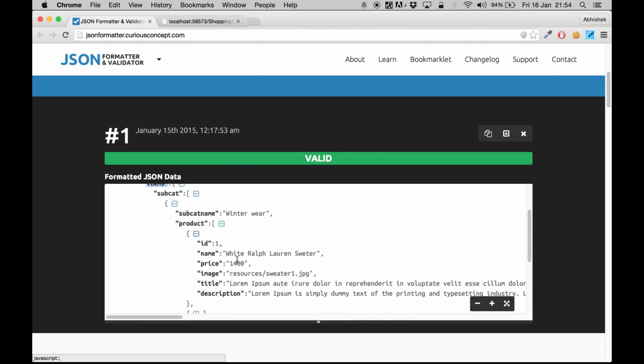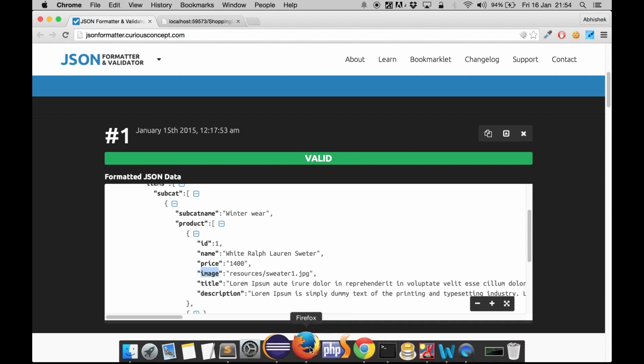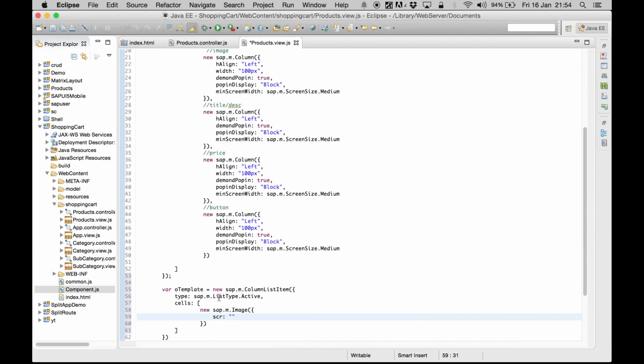So first we are going to bind the image src with this. So we can go ahead and get into our products model, and we're looking for image and src, and we're going to display a height of 100px,